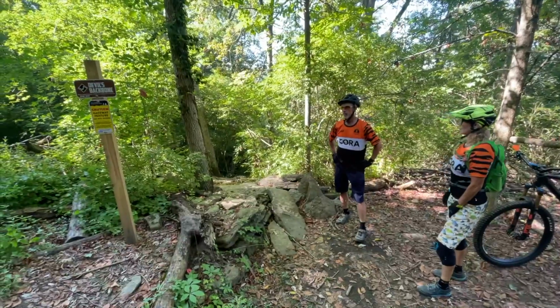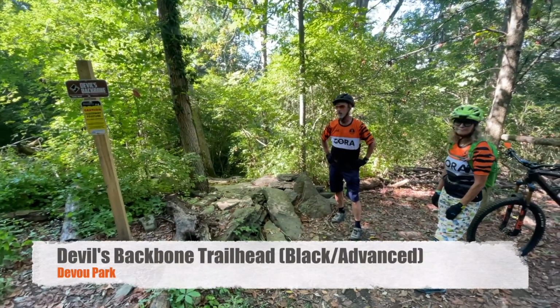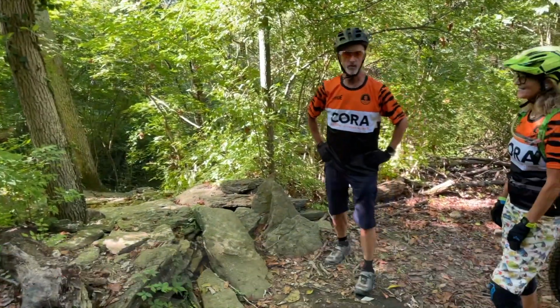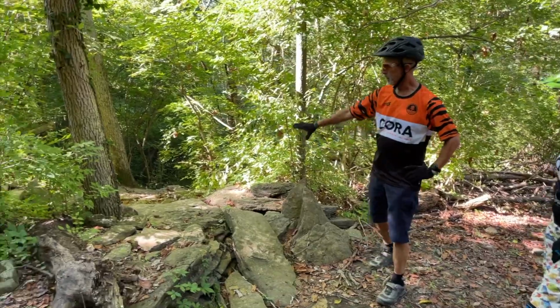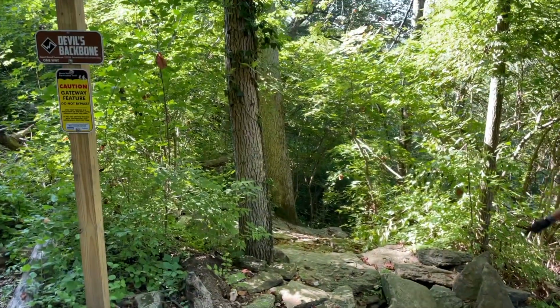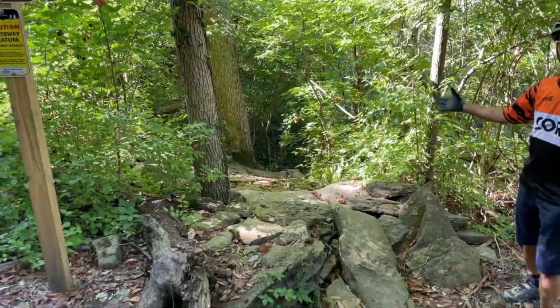We are at the beginning of Devil's Backbone Trail. I think it's the hardest trail in the trail system here at Devou. You can see, actually, we have a sign up there. We don't want people to bypass this filter going in, because if you can't ride this, then you really shouldn't